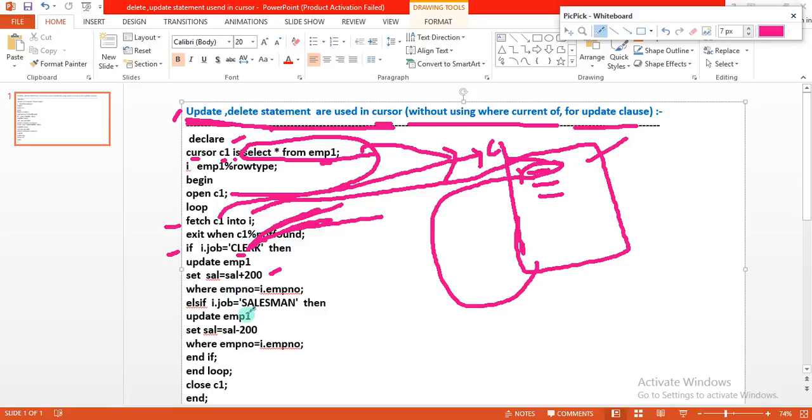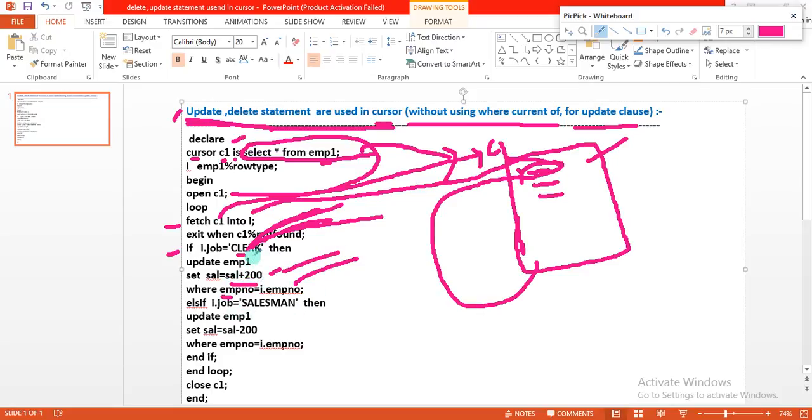EMP number is a column name, and I dot EMP number holds the current employee ID. Then only that particular employee is affected and the salary plus 200 is updated.